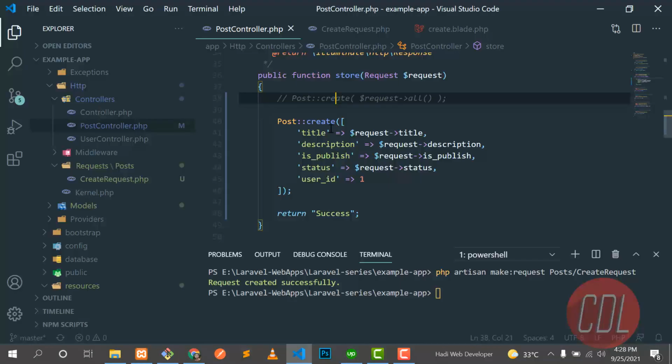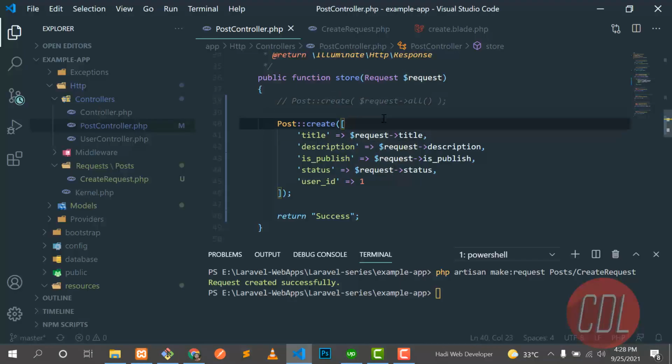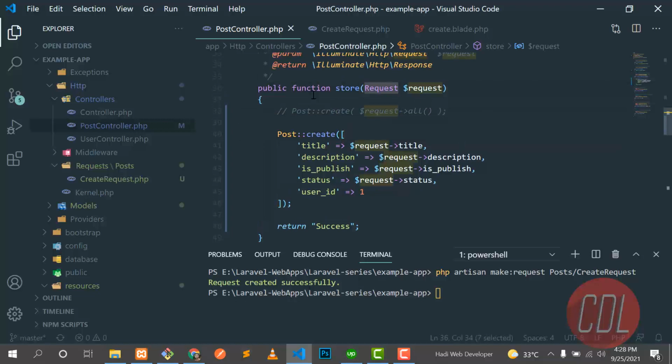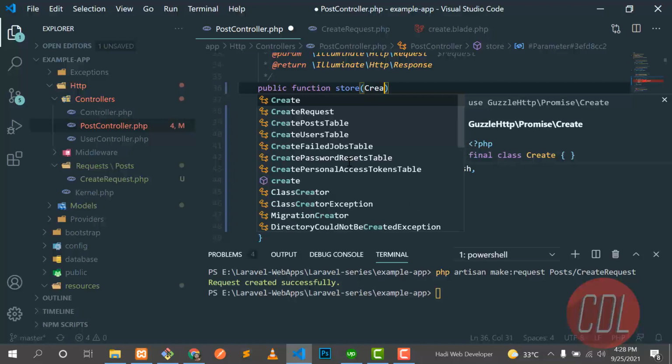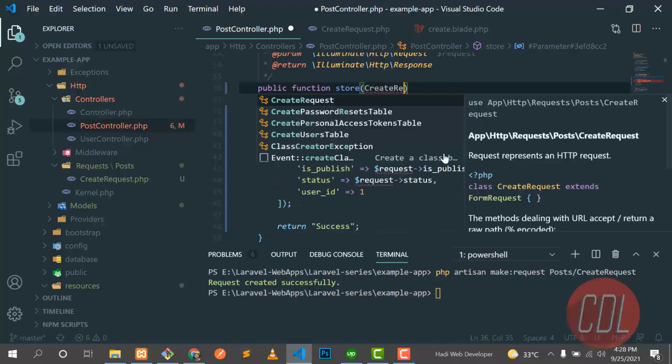So we created our request and entered our data, and now how can we pass this request in the controller? Let's go here and remove this built-in Request, and we need to replace it with CreateRequest. Type CreateRequest, and it's telling us that it's inside Request Post and there is a CreateRequest.